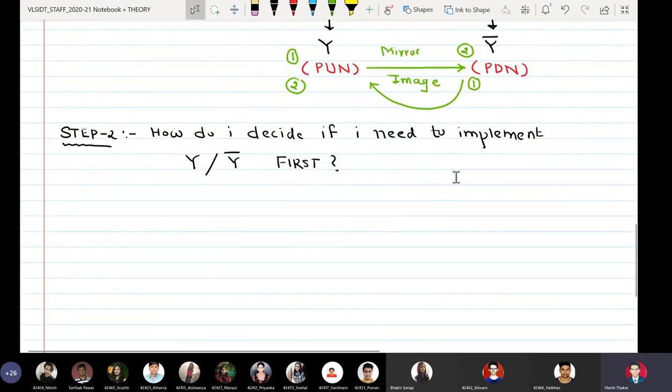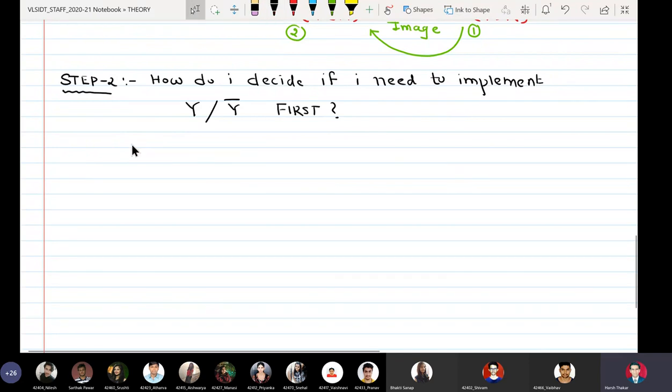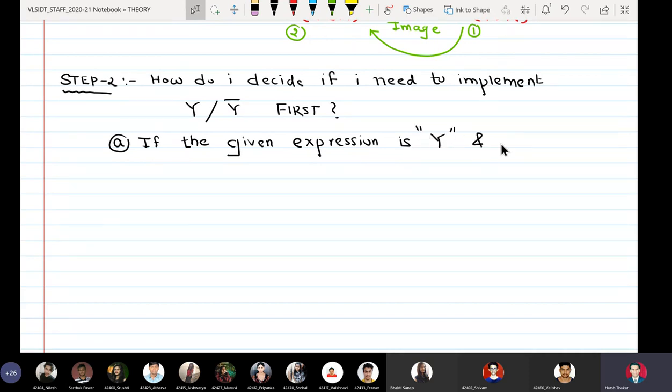So the rule is like this: if the given expression is y and it contains barred variables,